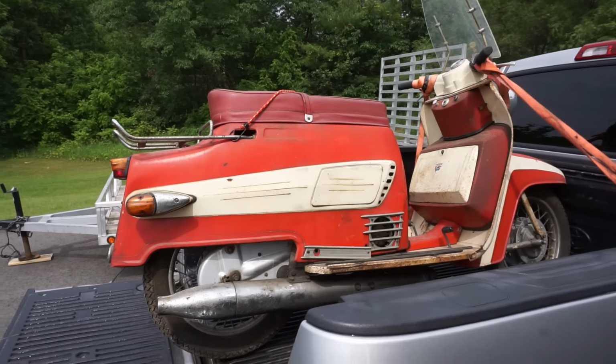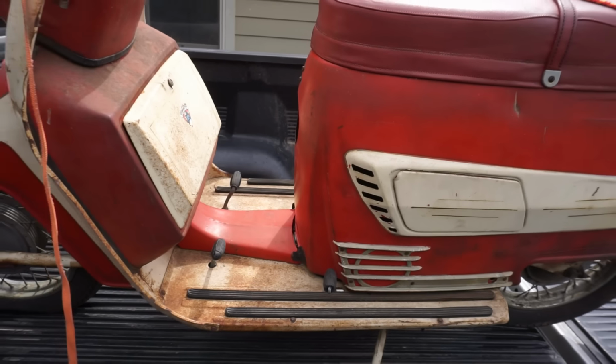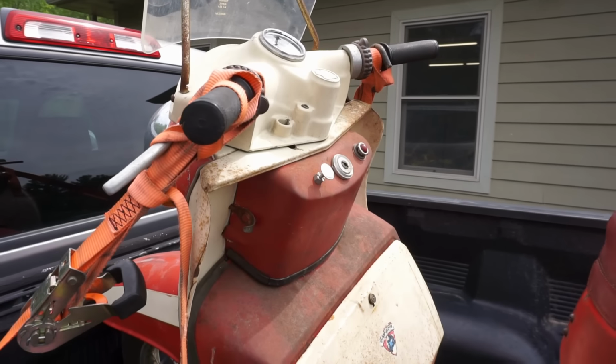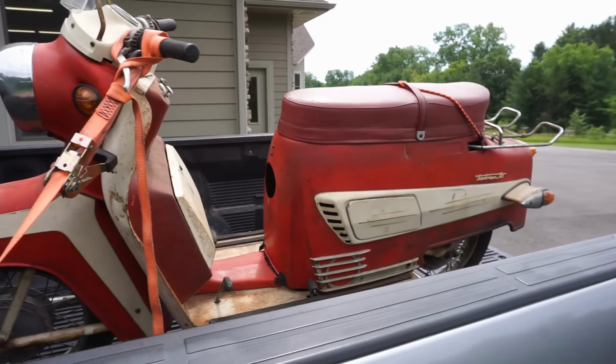20 miles. That is insane. And you can see it's all complete. Blinkers are there, tail light, seat is in very good condition. Leather seat. The only thing it's missing is the key, unfortunately. So there's no key for it. The guy said he was gonna look for it, but